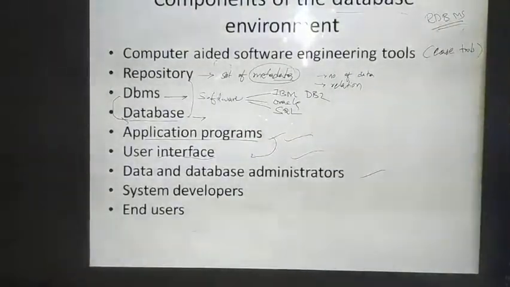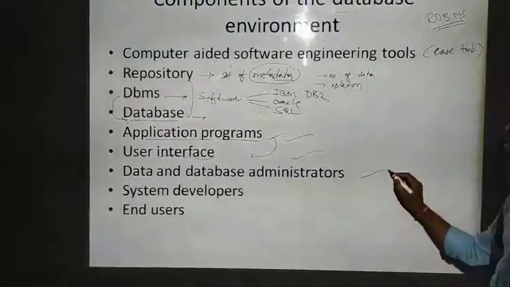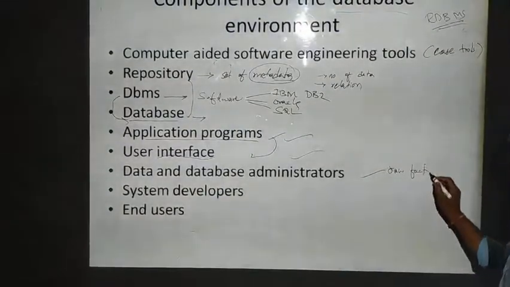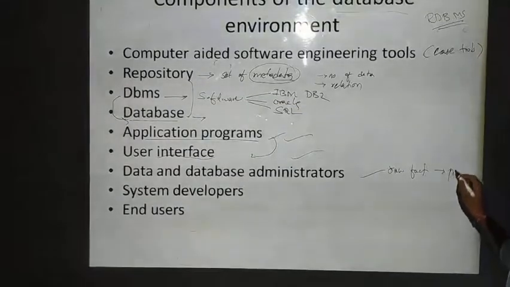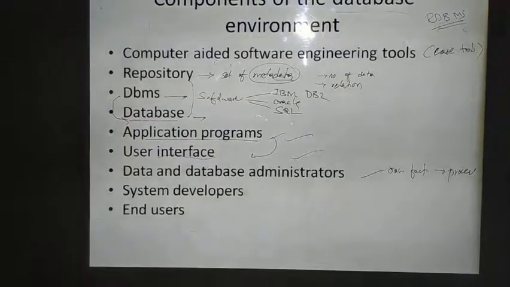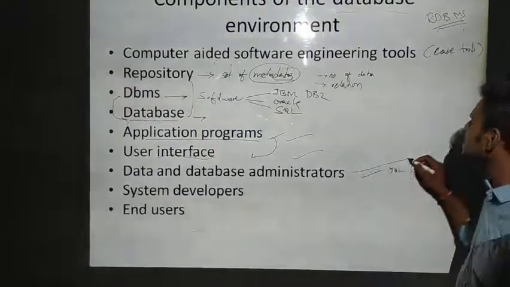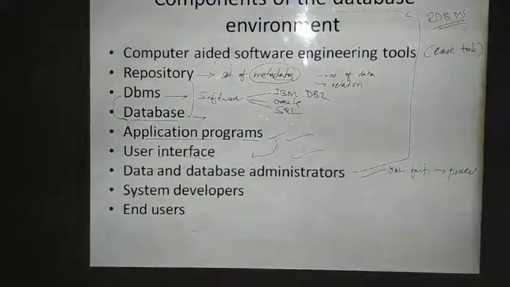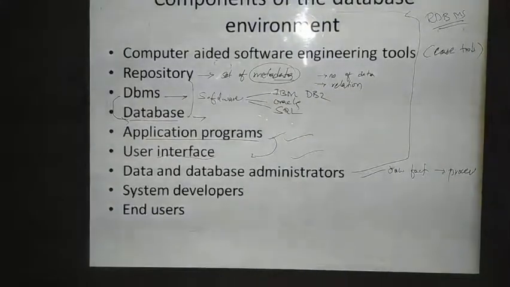See here, data is nothing but what? Collection of raw facts. In order to get the information, we need to process it, so that we will be getting what? Information. So, in order to handle this kind of data, the database administrator will be providing some rules and regulations, and they will be authenticating the users in order to handle the databases. They will be having full-fledged permissions in order to access the database.